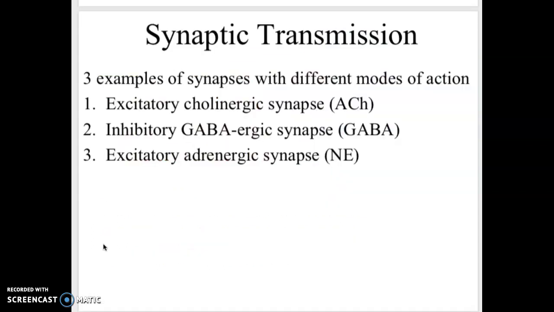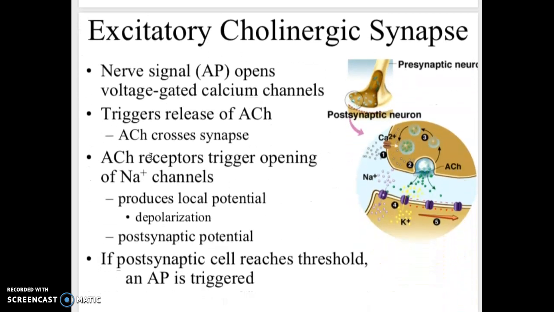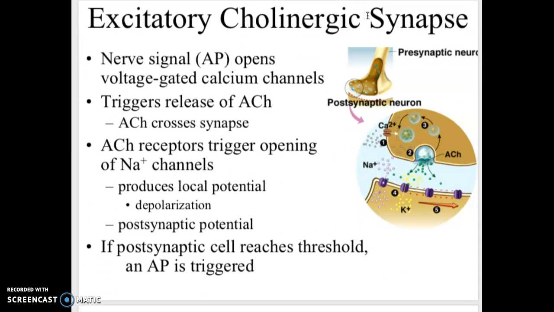So in our basic drawing of nervous system signaling, we said it depends on what type of channel protein is present that will cause either an action potential or inhibit it. Here we'll look at three specific types and what they lead to. The first one is an excitatory cholinergic synapse. It is excitatory, so that means it's going to increase the likelihood of action potentials happening. It's cholinergic, so acetylcholine.